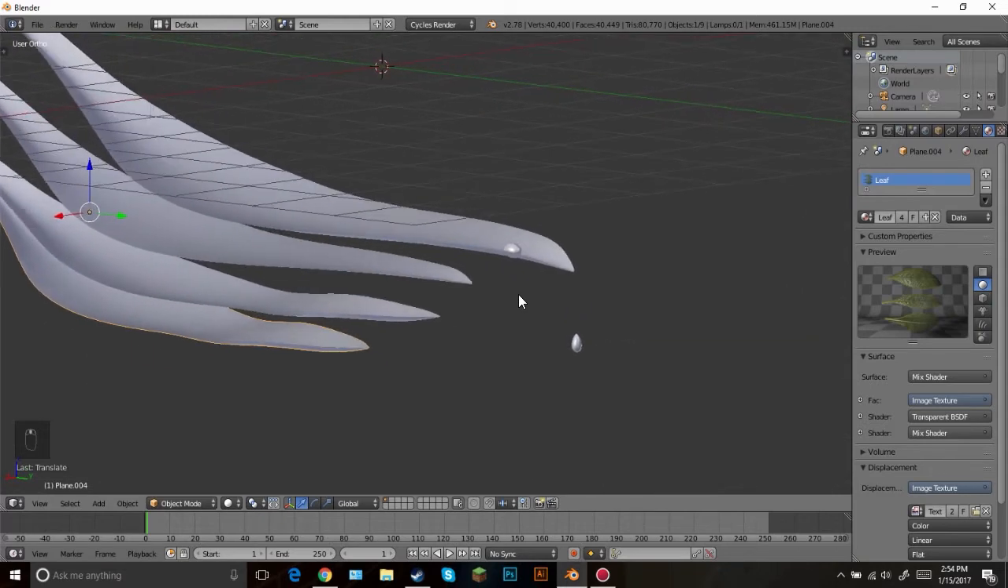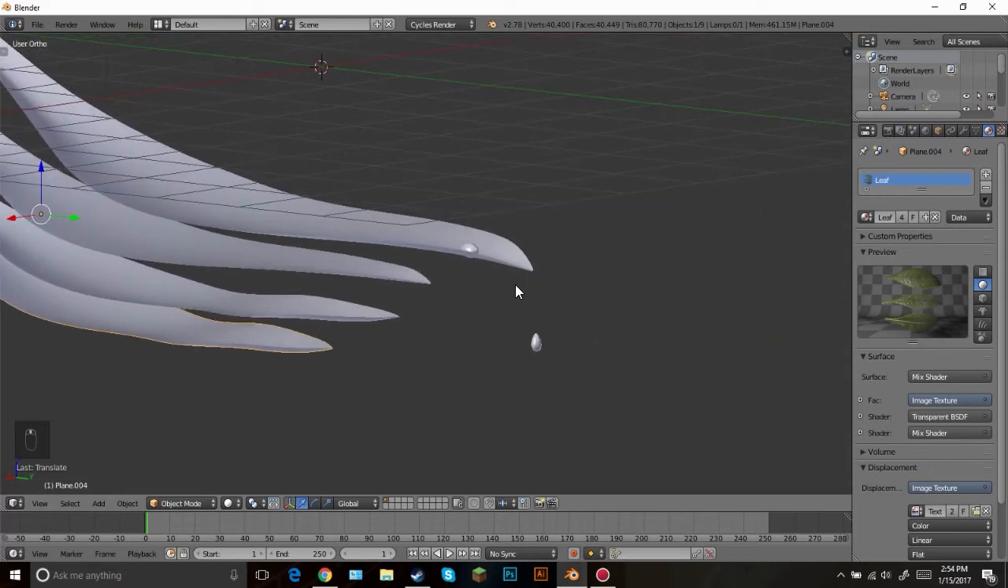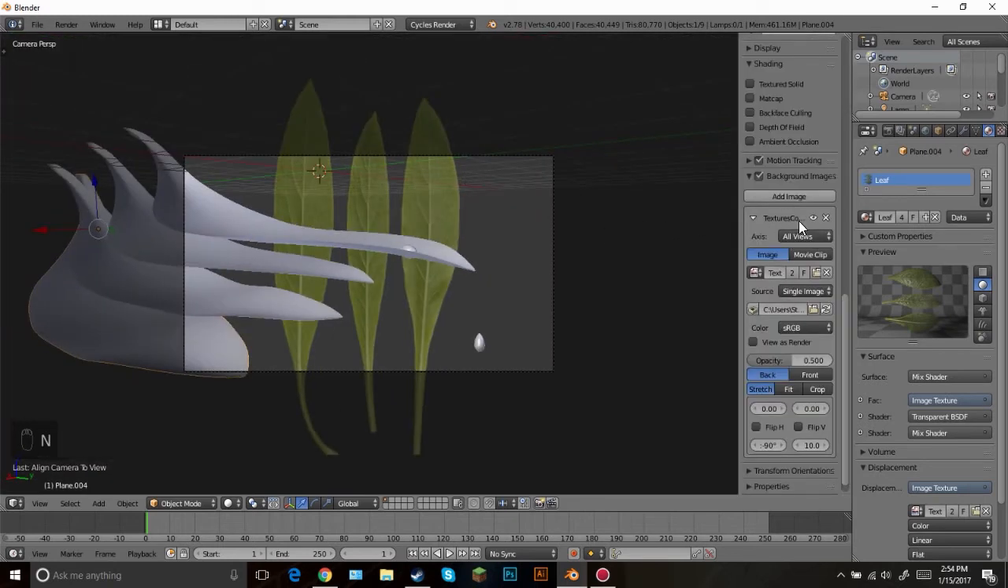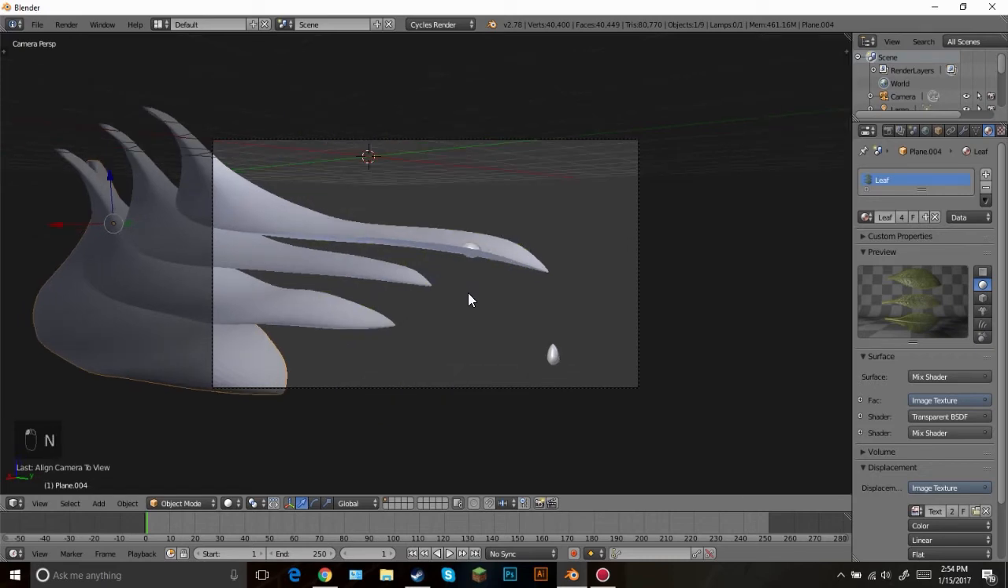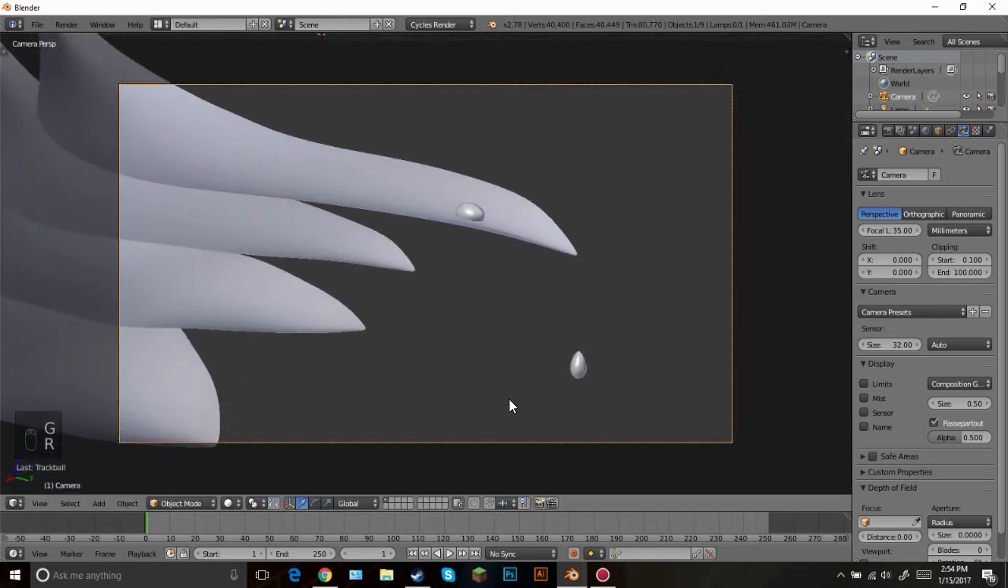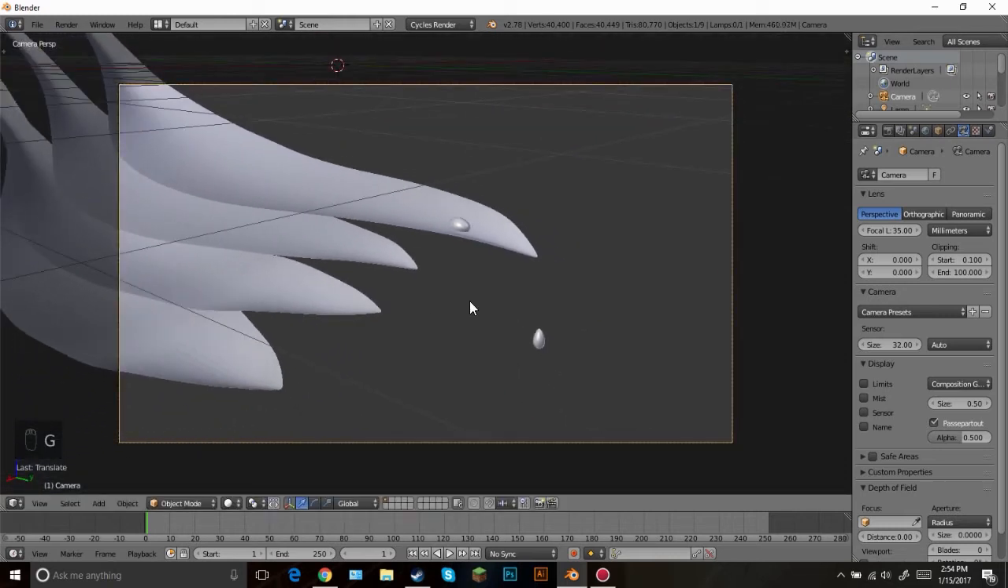Awesome. All right, now I'm going to position the camera. I'm going to go something like this and then press Control Alt 0 and that will snap the camera. And also we're not going to need our background image, so you can just turn that off. Okay, so bring the camera up, rotate it like that, bring it out,